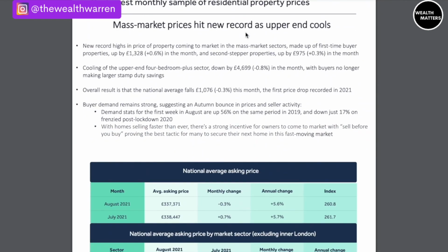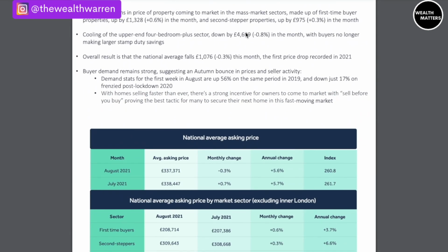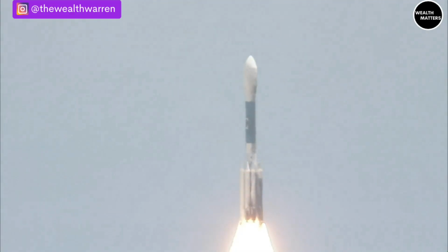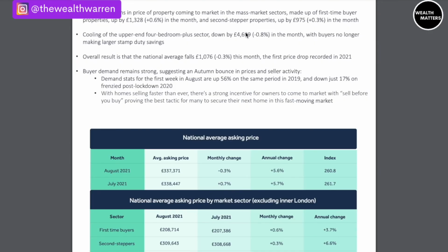In the UK overall, prices have dipped this month. In the month of August, they've dipped by 0.3%, a relatively small dip. But the reason why this is significant, guys, is because this is the first time in the last 8 months this year that property prices have dipped. If you've watched my previous updates, we have been on a meteoric rise, to put it mildly, with month-for-month growth in house prices in the UK. Now for the first time this year, for the first time in 8 months, we've had a dip right here